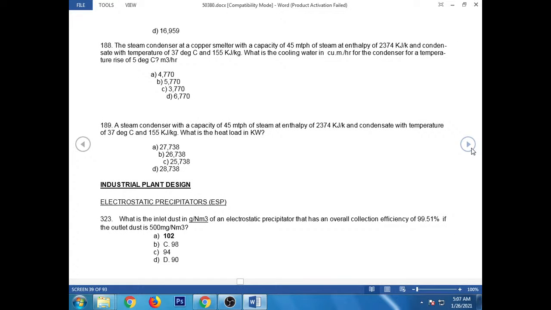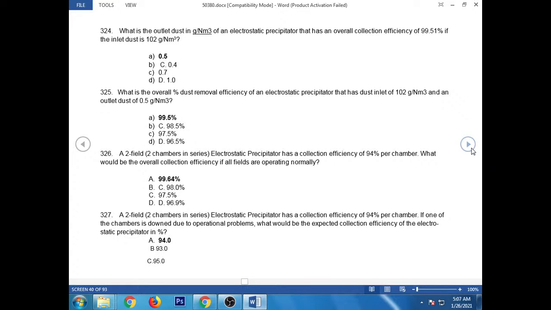Industrial power plant, electrostatic precipitators. What is the inlet dust in g per Nm3 of an electrostatic precipitator that has an overall collection efficiency of 99.51% if the outlet dust is 500 mg per Nm3? Answer: 102. What is the outlet dust in g per Nm3 of an electrostatic precipitator that has an overall collection efficiency of 99.51% if the inlet dust is 102 g per